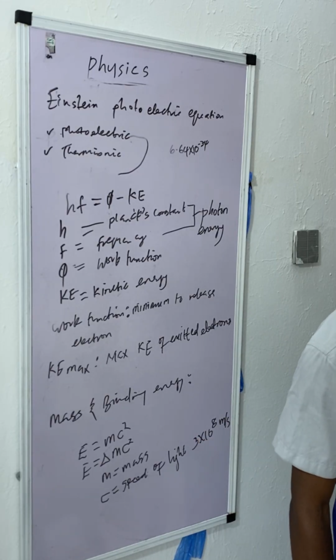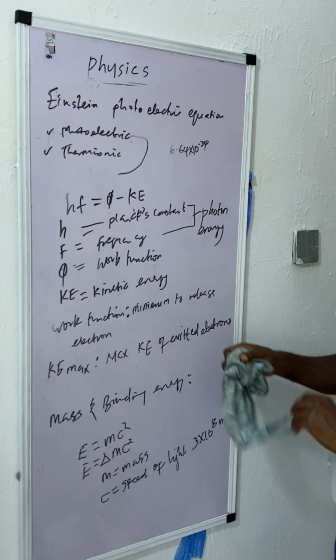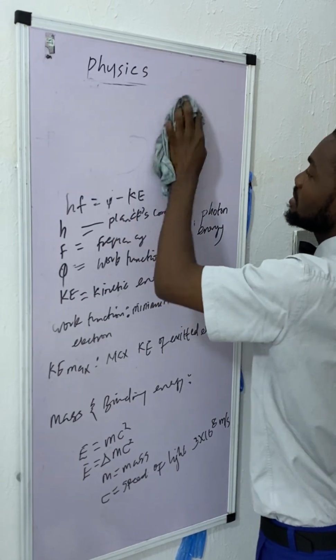So let's quickly look at conductor, insulator, and so on and so forth. But before we do that, let's understand the uncertainty principle by Heisenberg. It's called the Heisenberg's